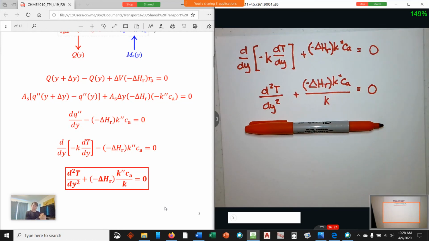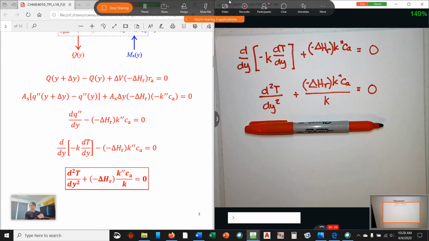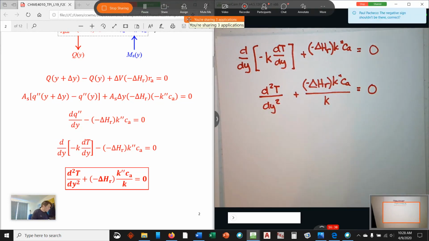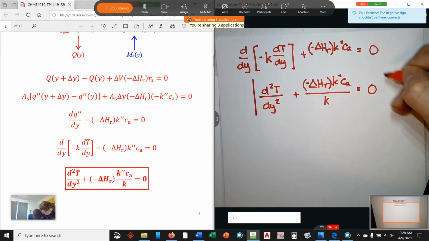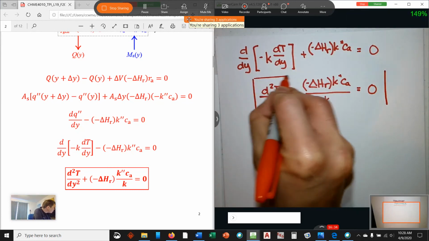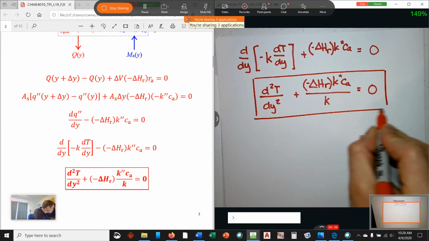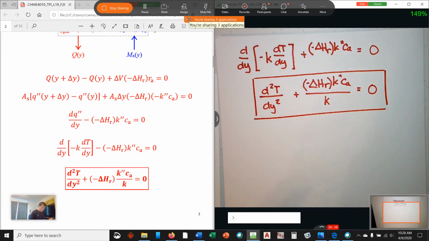So we can do the same thing with mass transfer. So no questions. Awesome. We'll keep rolling with this thing. All right, so we also have